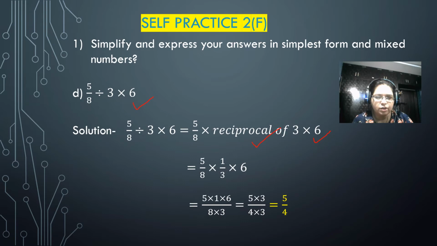And reciprocal of 3 is 1 divided by 3. Interchange the numerator and denominator. Reciprocal of 3 divided by 1 is 1 divided by 3. Now we get 5 divided by 8 multiplied with 1 divided by 3 multiplication with 6. Now product of numerators is 5 multiplied with 1 multiplied with 6, and product of denominators is 8 multiplied with 3. Now we cancel